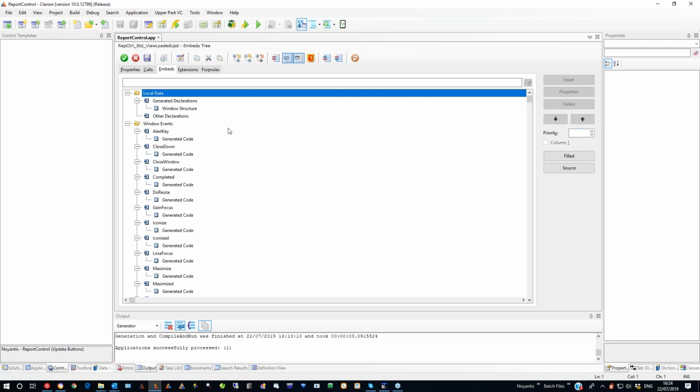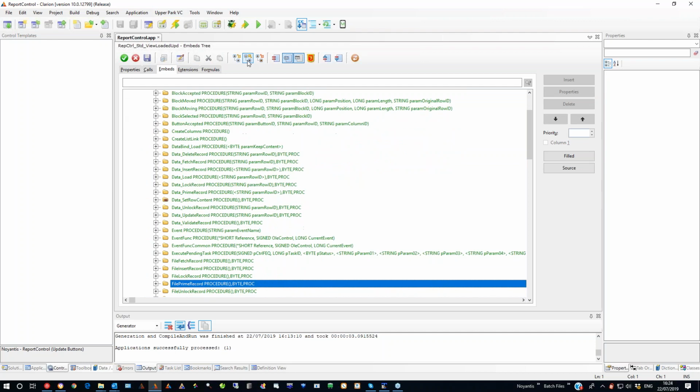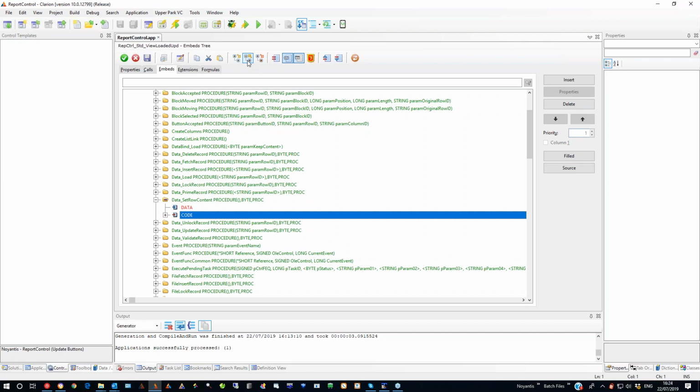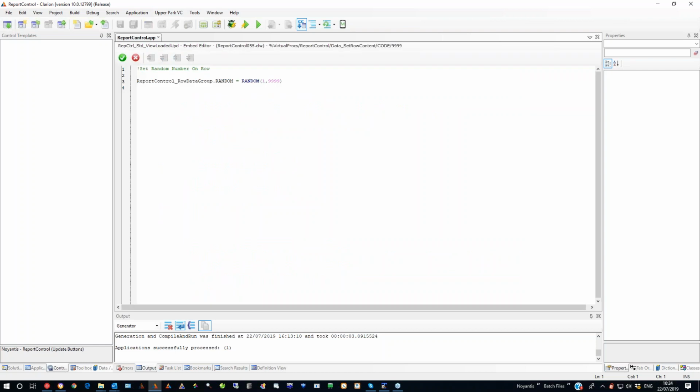In the Clarion list, you would have had the equivalent of set queue record. So in the report control, of course, you're going to need that same one. So now we've got set row content, which is the exact same type of embed point as set queue record. And here we can see I've just put basically the report control row group dot random, which is the column we want to go and set, equals just a random number. But of course, in there you would put any maybe manually calculated